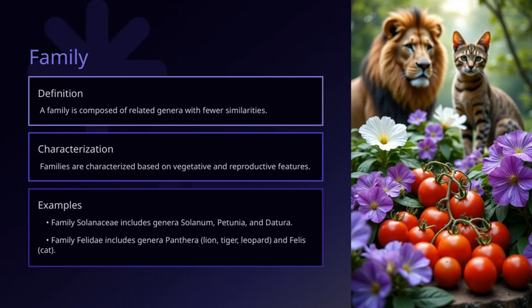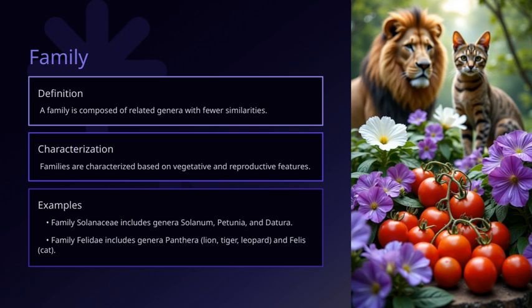Let's take a closer look at some examples of plant and animal families. The family Felidae, which includes well-known big cats like lions, tigers, and leopards, also encompasses the smaller domestic cats, all grouped under the genus Felis. On the plant side, we have the family Solanaceae, which includes diverse genera such as Solanum, Petunia, and Datura. Families are primarily characterized based on specific vegetative and reproductive features, meaning their leaves, stems, flowers, and reproductive structures help